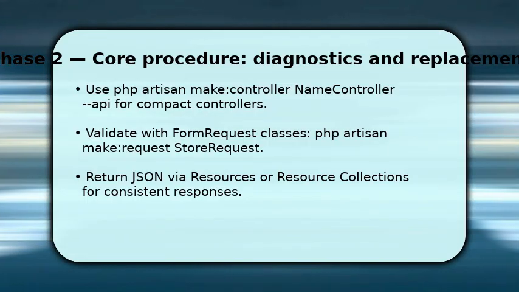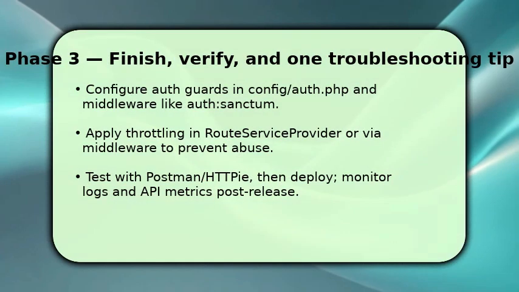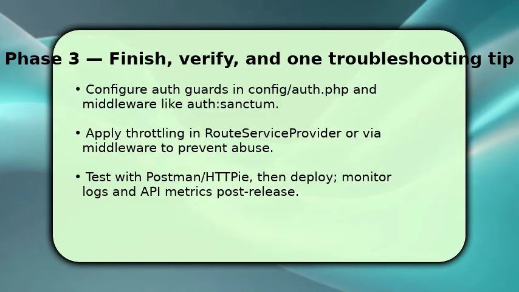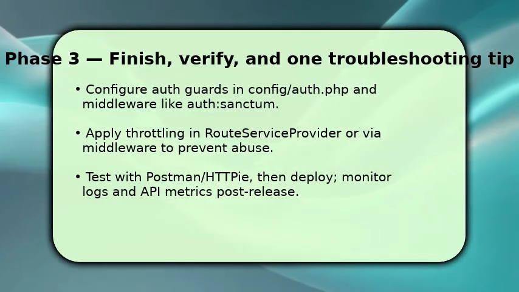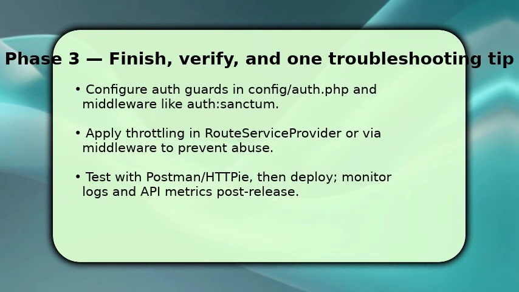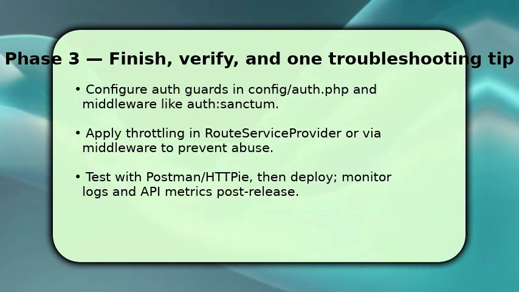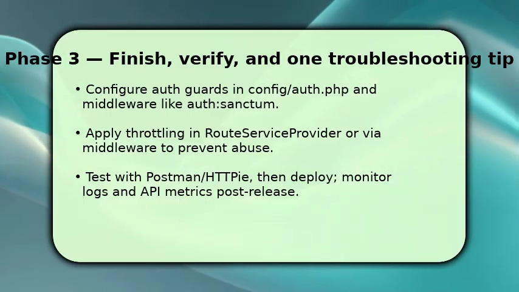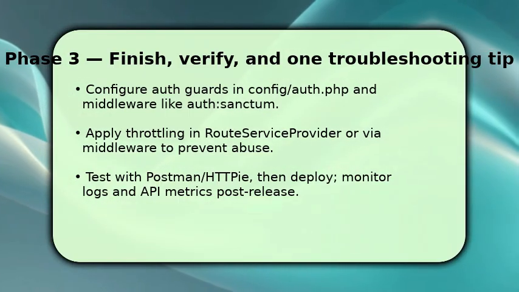You finish by wiring authentication, rate limits, and deployment steps to operate safely. Configure guards and middleware, apply throttle middleware to protect endpoints, and enable CORS for allowed origins. Once tested locally with Postman or HTTP, deploy your app and route traffic through a queue or cache if needed